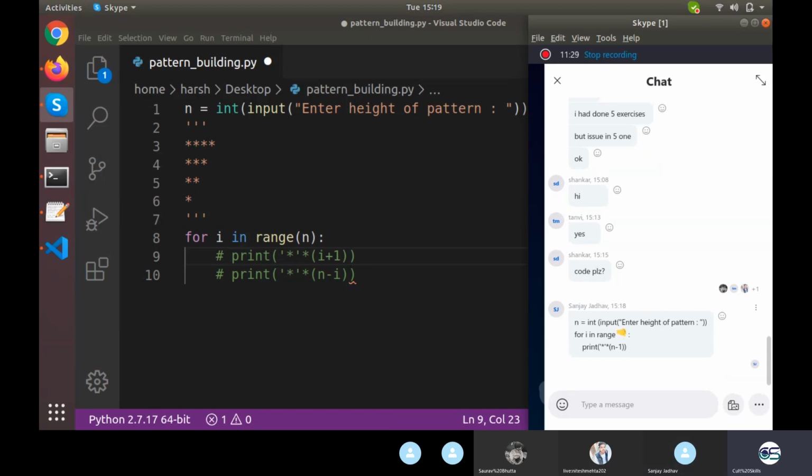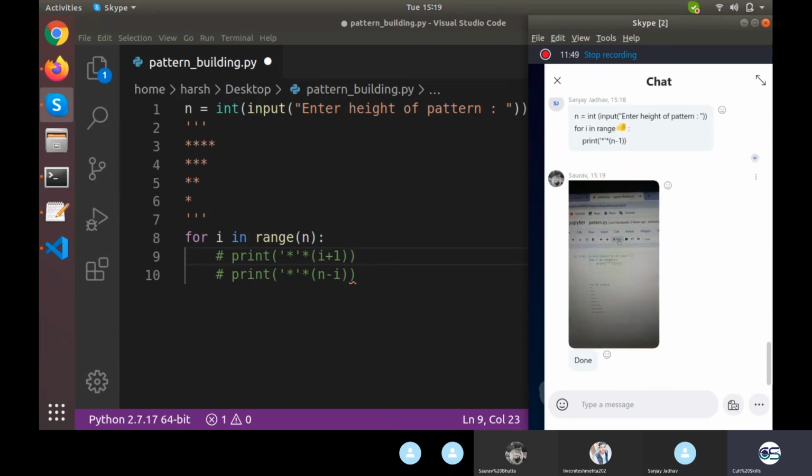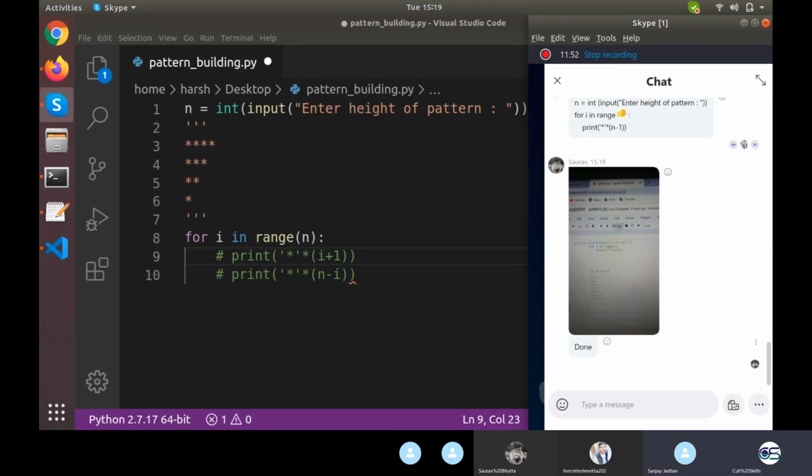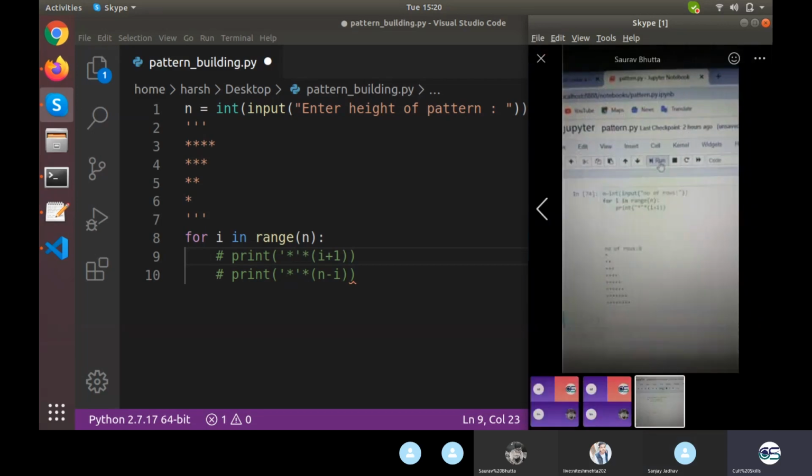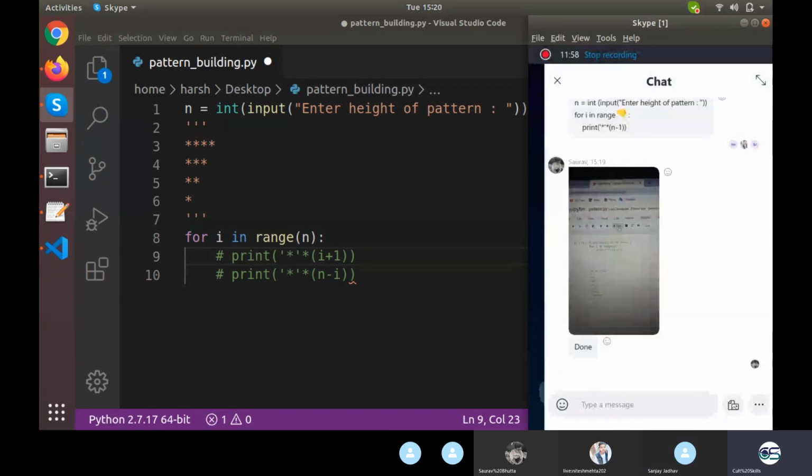Just write me a done message if you all have done this part. If both of them are working, then just write a done message and need not even give the screenshot if both of them are working.